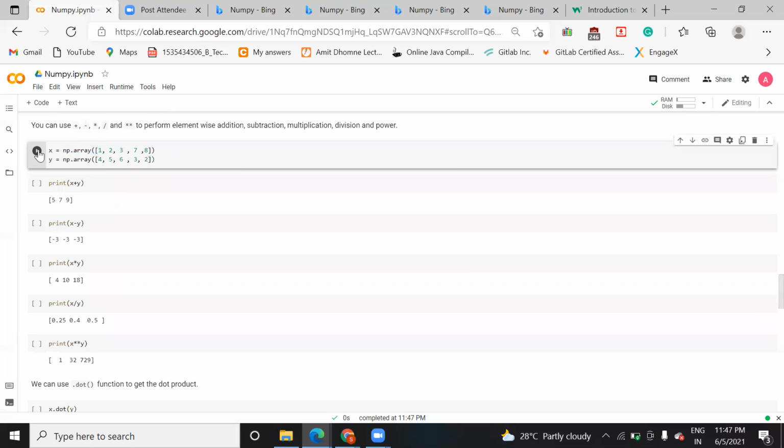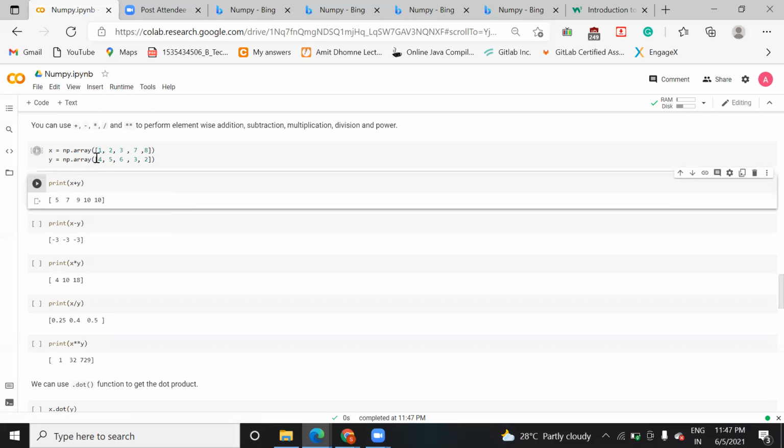When you run this, it will give you the sum. So let's print x plus y. You can see 1 plus 4 is 5, 2 plus 5 is 7, 3 plus 6 is 9, 7 plus 3 is 10.